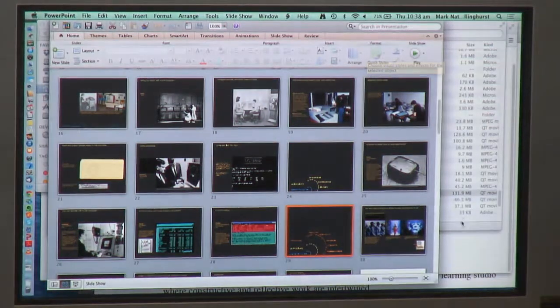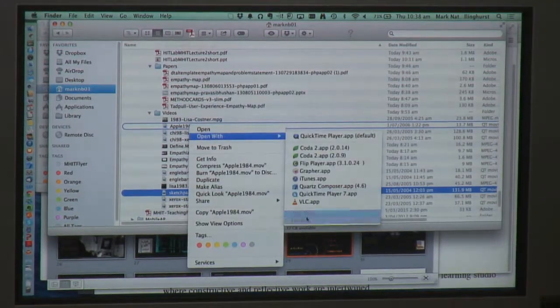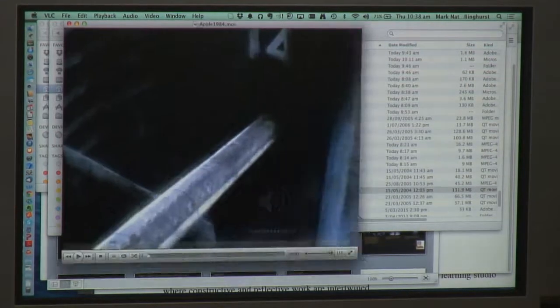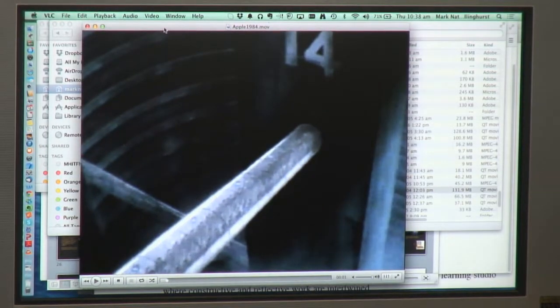So let me show you a video of one of the first examples of that was important. Let me just pause this. So this is a very famous advert. It was only shown once. This is for the Apple Macintosh. It was only shown once on TV, and it was shown during the 1984 Super Bowl. So they spent millions of dollars to build this one ad, but it had a huge impact. So let me show you the ad.